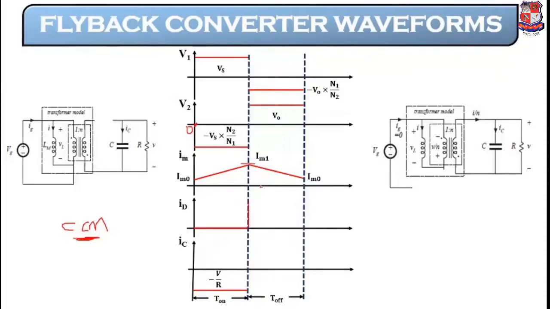But during the turn off case, that is when the switch is off, the diode current is on, so that's why diode current is flowing, and the average is I0. Next is the capacitor current, and that was also derived. So you simply need to remember the derivation of all the terms. From the derivation you can simply write these terms. They are not hard to remember. If you know the derivation, then you will be able to draw the waveform very easily. There is nothing hard in this figure.